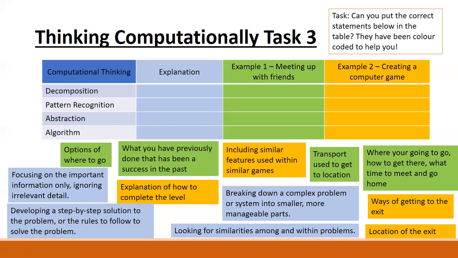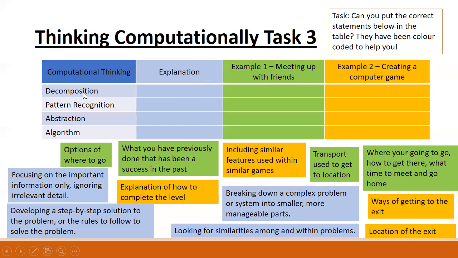What would be an explanation of abstraction? Focusing on one, is that what you said? Yeah, and so by process of elimination, which is a logical way of thinking, we know that the last thing there, algorithm, must be step by step. Yeah, and as soon as you see step by step, you know that that's an algorithm. Yeah, step by step to the solution. So we got the blue stuff.